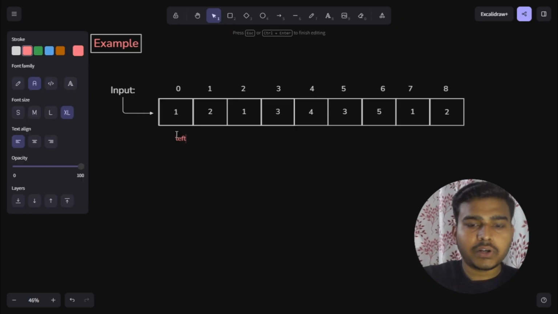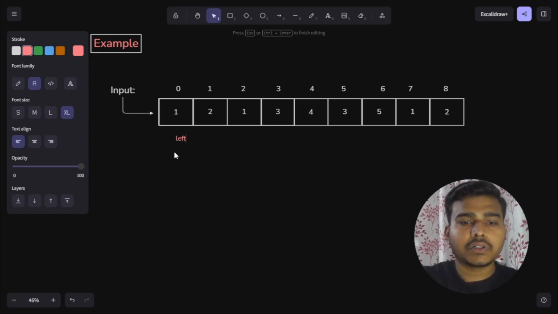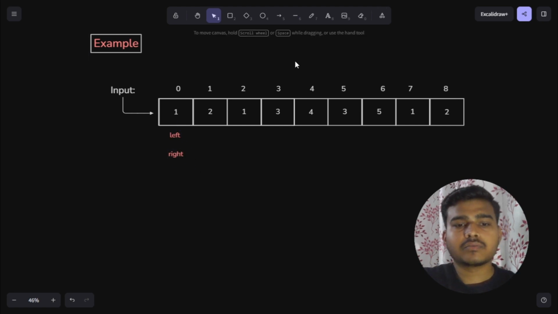So this is the left pointer, and this is the right pointer. Both are pointing at the 0th index. This is the left pointer and this is the right pointer. And now I'm taking the frequency map, and while performing the dry run, we will get to